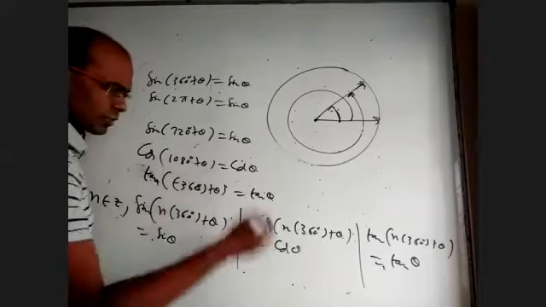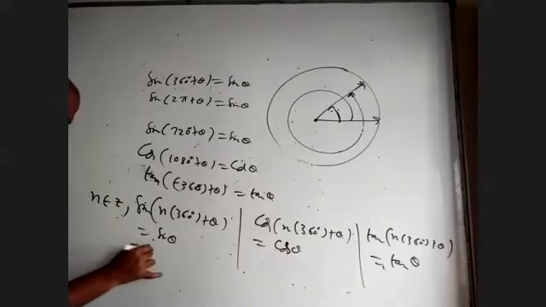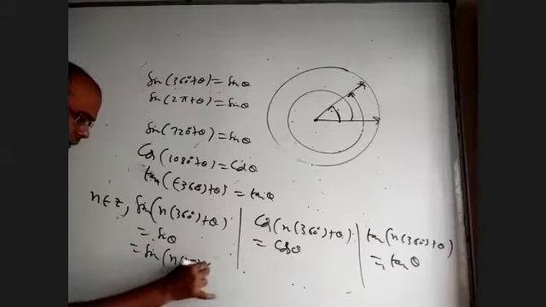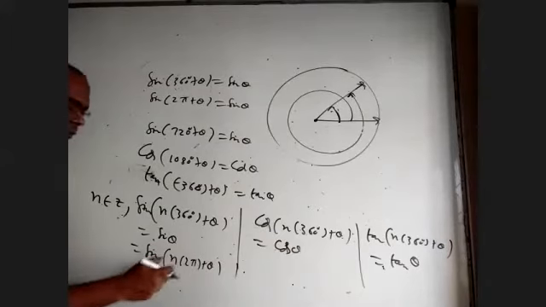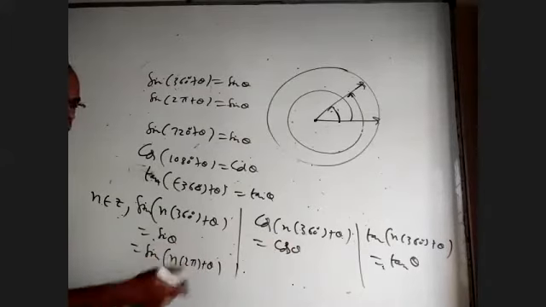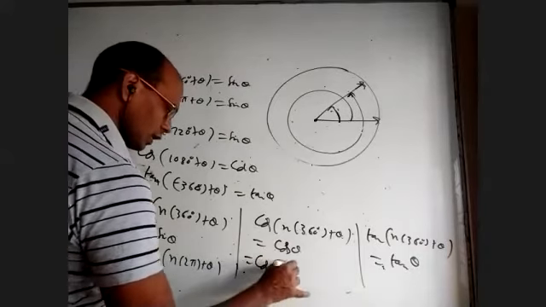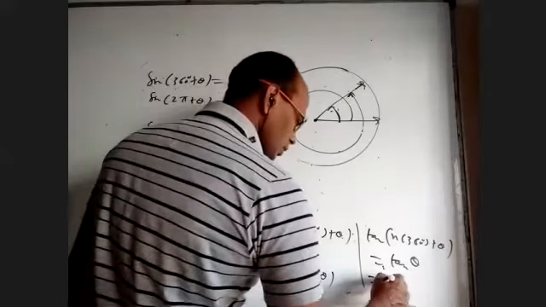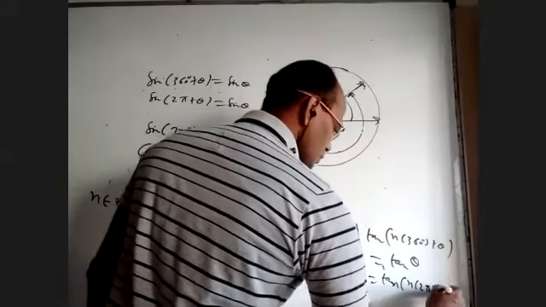More than degrees, you should be more comfortable with radians because we use them frequently. So I'm going to write this as sine n times 2 pi plus theta. Any multiple of 2 pi plus theta, 4 pi plus theta, minus 2 pi plus theta, minus 4 pi plus theta, will be sine theta. Same here: cos n times 2 pi plus theta, tan n times 2 pi plus theta.